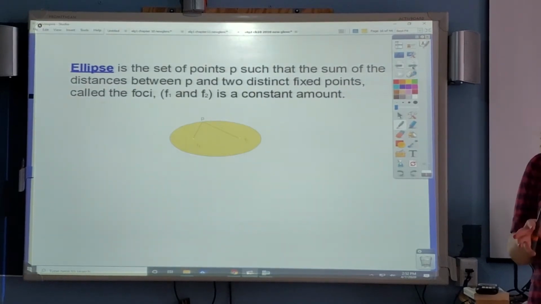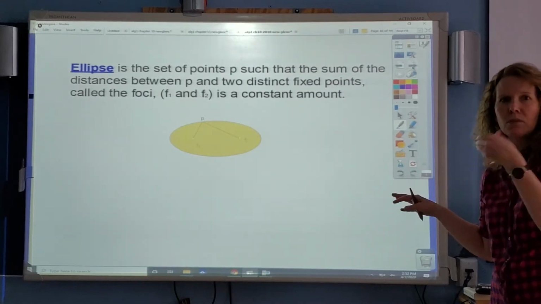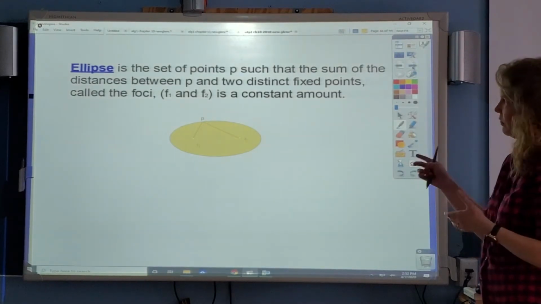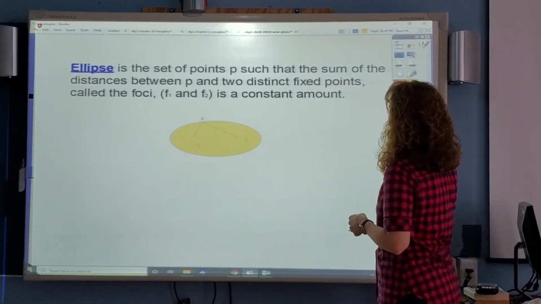And the book is going to ask you to find those values, and all I want you to do in this section is just graph, okay? So what I do in the next examples on graphing, that's all you have to do. You don't have to go find the foci points. Okay, so let's start